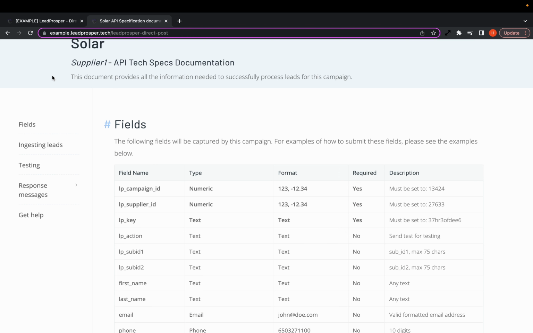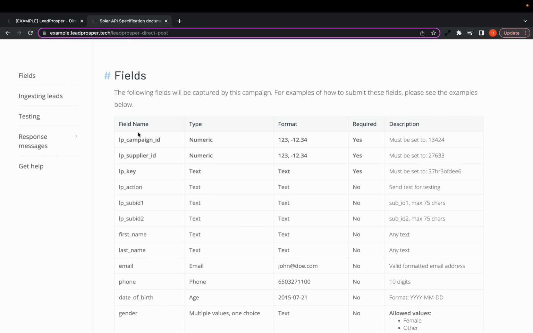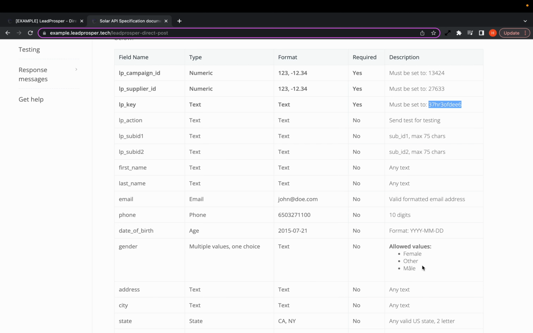Here, we have an example of LeadProsper API specs for a solar campaign. Here you'll see the field name, the type and format, whether or not it's required, and a description of the field as well. The description will contain what information must be sent. For example, a specific value as you see here for LP key, or a list of allowed values for